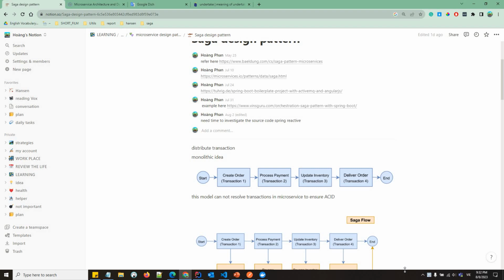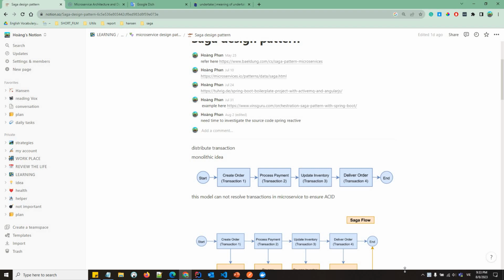But nowadays we have microservices. They break a big business into small businesses, and each business is undertaken by one service, and each service has its own database. I mean, it is difficult to manage the